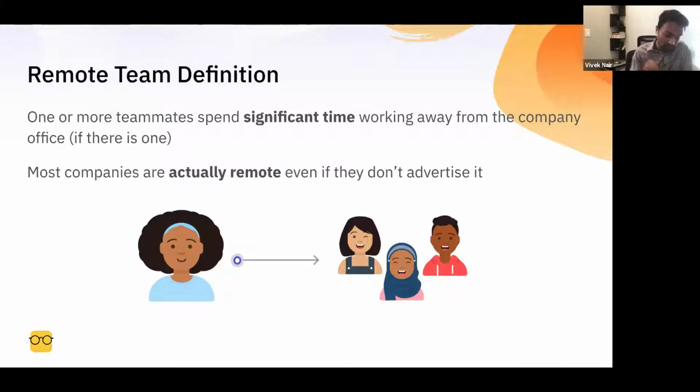Flexible work policies, of course, and people who are working actually remotely in fully distributed structures, which, even though they're the most common in the narrative on social media right now, are probably the smaller subsection of the entire population of remote teams out there. So that's a little bit of a definition.